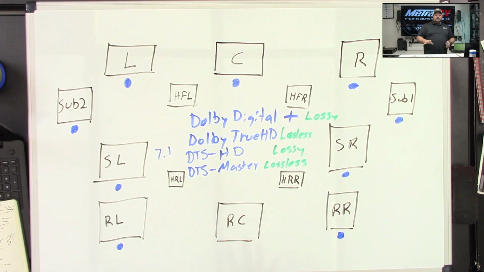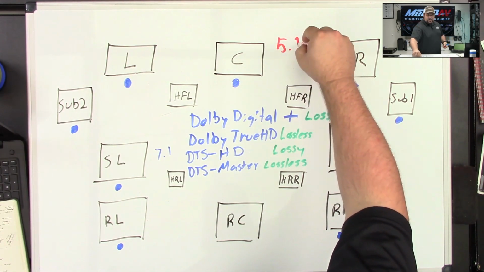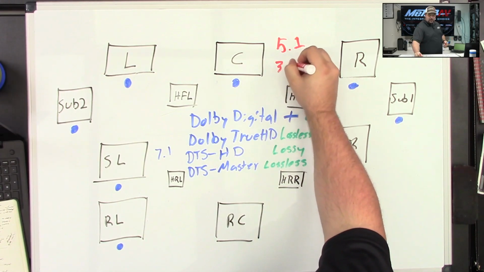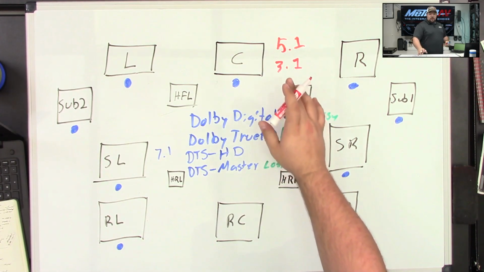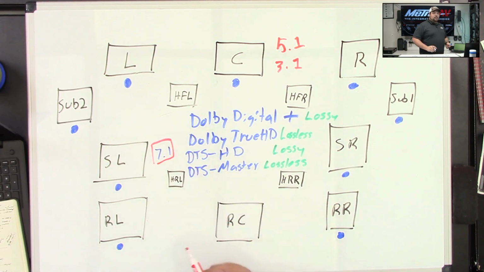Now, we're already stepping into a difference in the type of systems that people have nowadays. Most people are still going to have that 5.1 system inside their house. And in most cases, they don't even have that. In most cases, they have something like a 3.1 system inside their house. So because of that, the 7.1 is now already an upgrade from what they have currently.